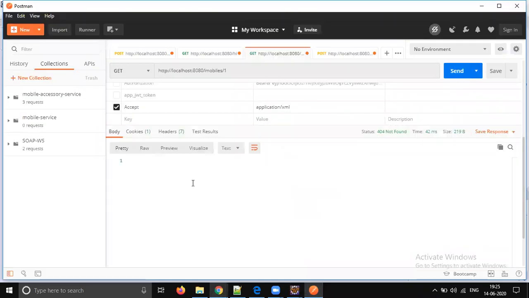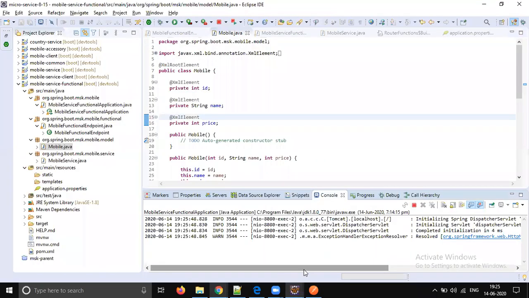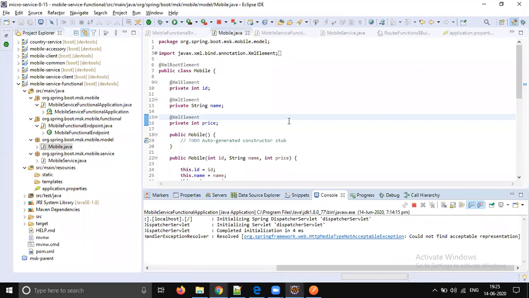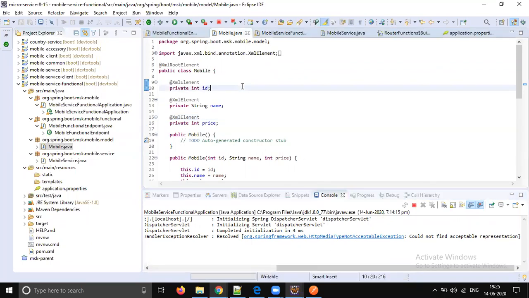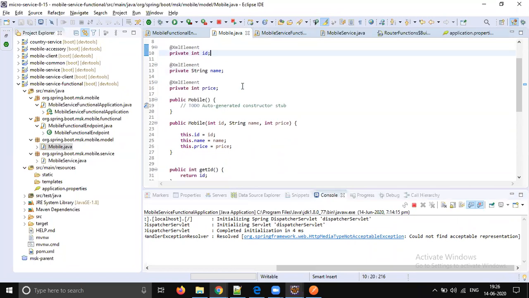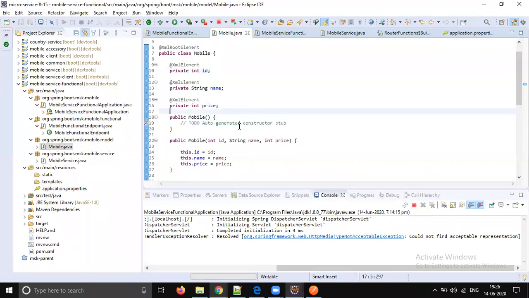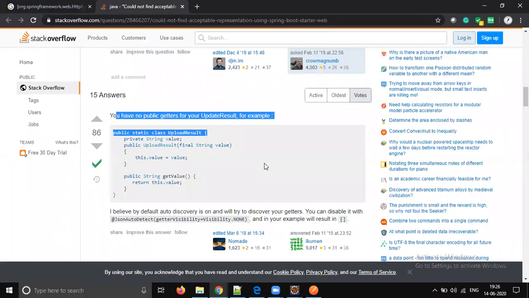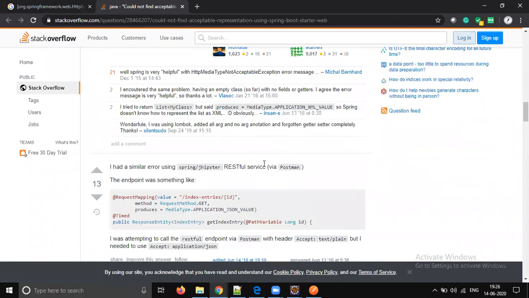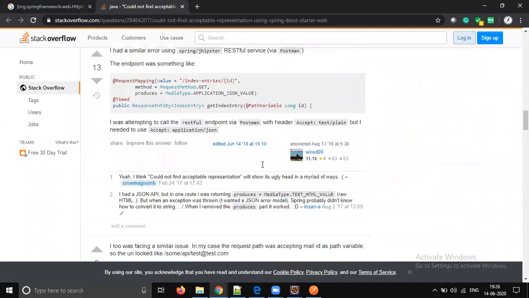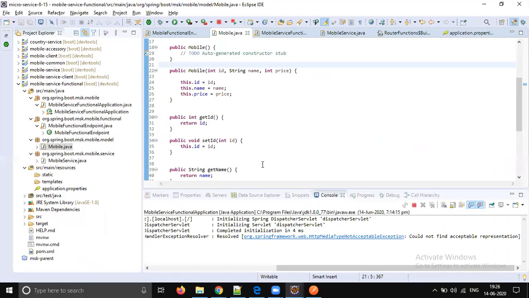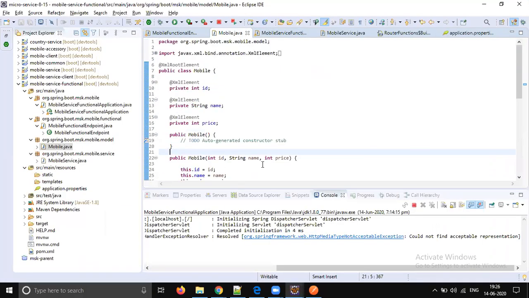Mobile slash one. We have a zero-argument constructor and an argument constructor. Fine. Produces XML, account element.